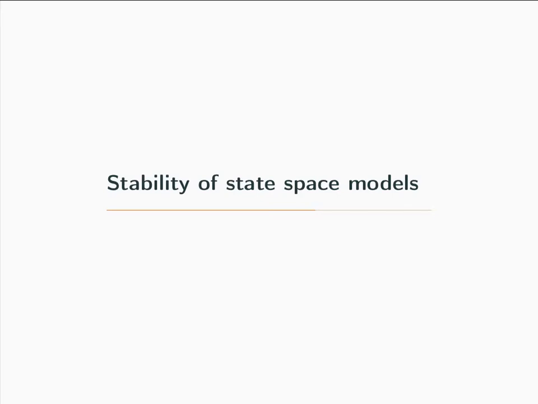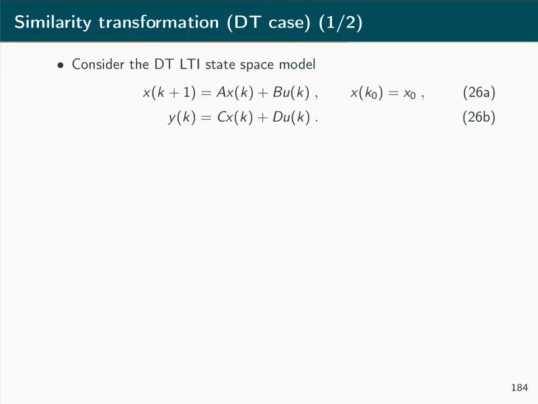After we have already looked at the basics of state space representations in chapter 9, in this chapter we will look at the basic concept of stability. As before, we will equally cover the discrete time case and the continuous time case. And here we start with the case of a discrete time LTI state space model, which was introduced in chapter